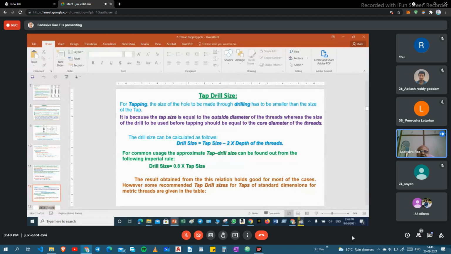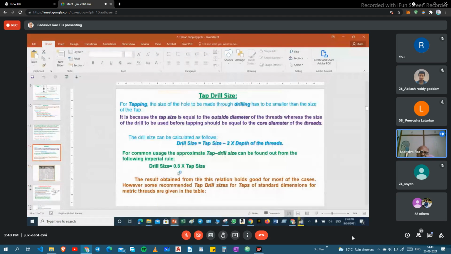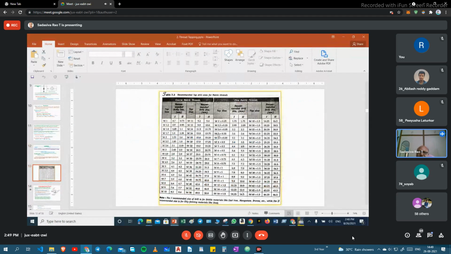However, some recommended tap drill sizes for taps of standard dimensions for metric threads are given in the table. If very precise, very accurate is required, then they will go by this table. Otherwise, drill size equals 0.8 into tap size. Very minor difference will be there, very minor only.